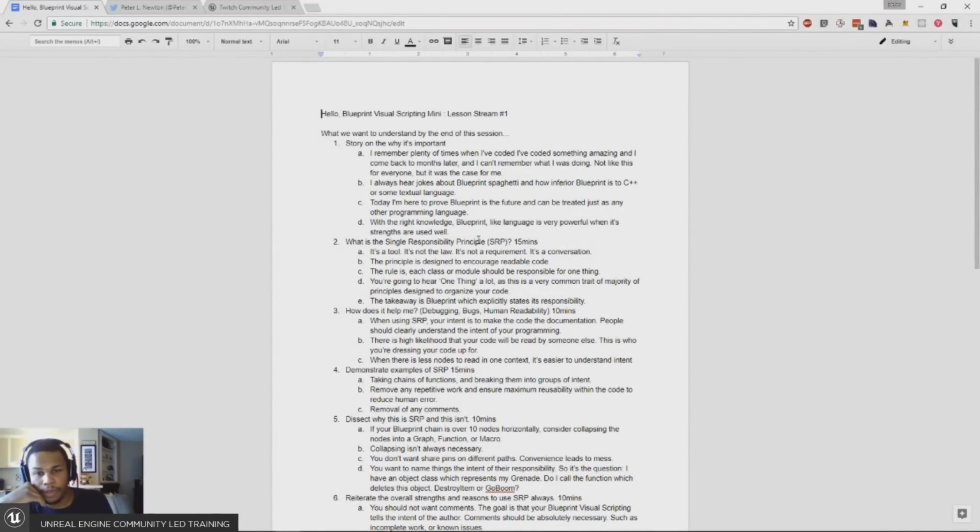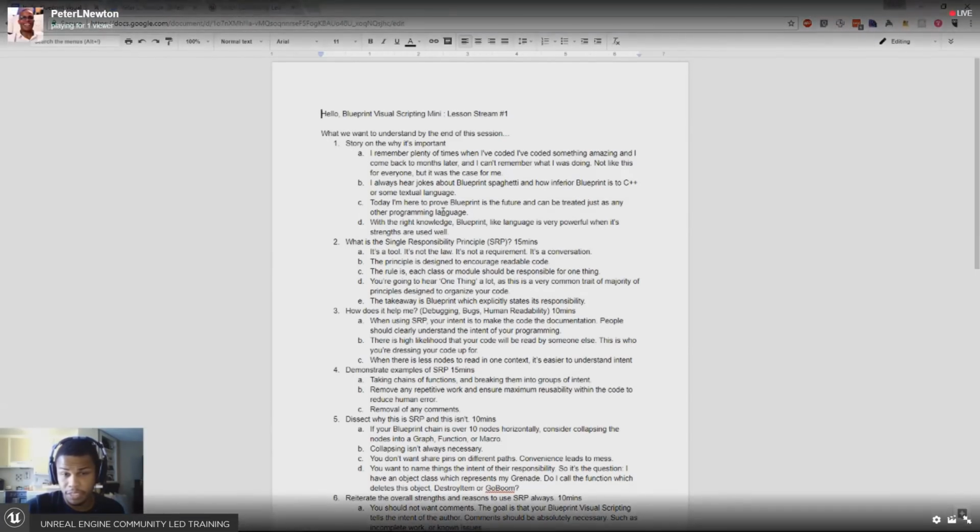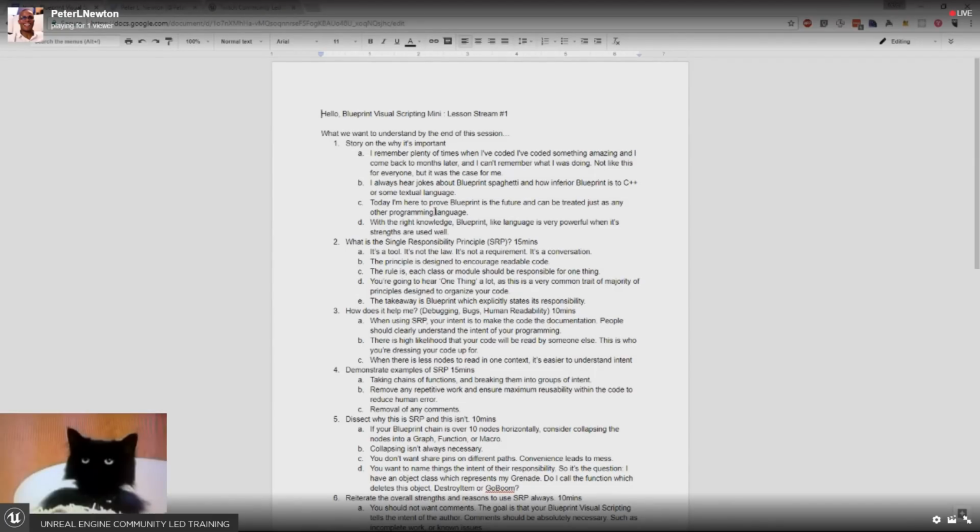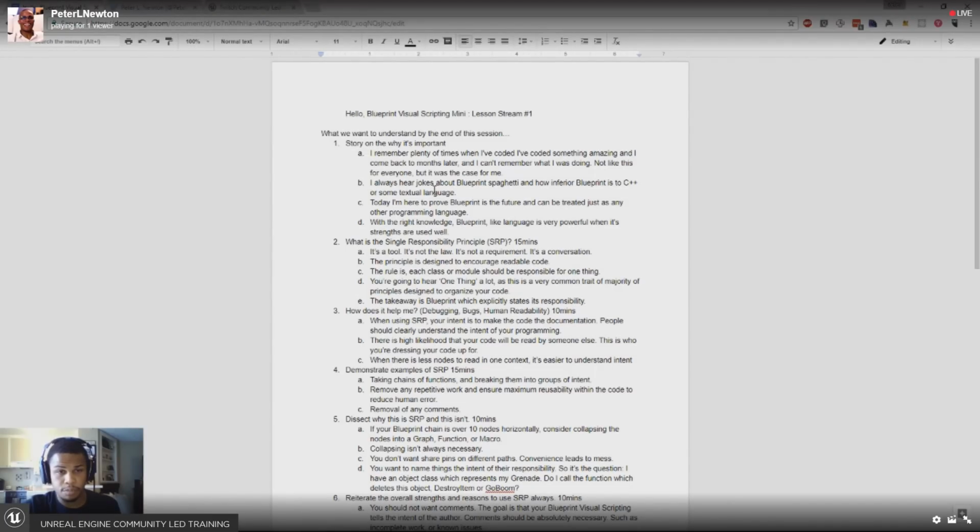And so people also say that Blueprint's kind of inferior to C++ or some other language like C# or things like that, which really doesn't make a lot of sense to me because they're both programming languages. I think if you apply certain principles to Blueprint and you use it as a programming language, just as you would any other language, it can be effectively used and powerful. There's a lot of strengths in Blueprint, and that is,